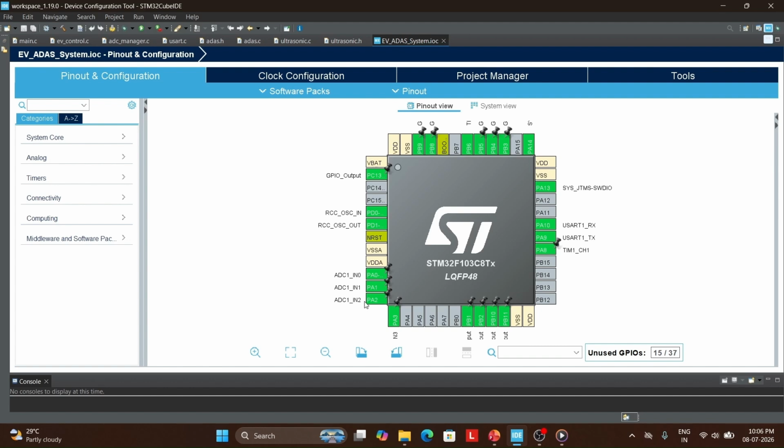PA0 is configured as an ADC input to simulate the acceleration pedal, PA1 for the brake, PA2 for the motor temperature, and PA3 for the state of charge. These analog voltages are then converted to digital values. Then about the USART, USART1 is configured for communication at 115200 baud, and this continuously transmits the processed vehicle parameters from the stability firmware to the